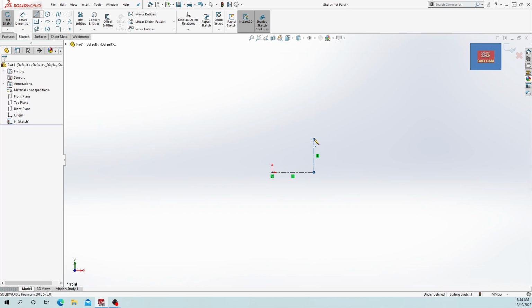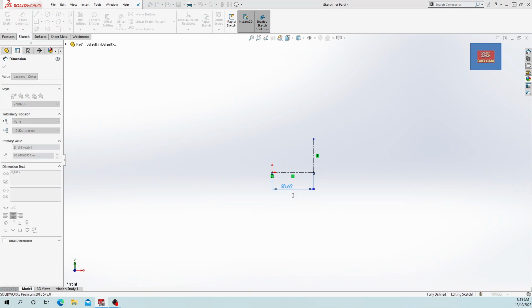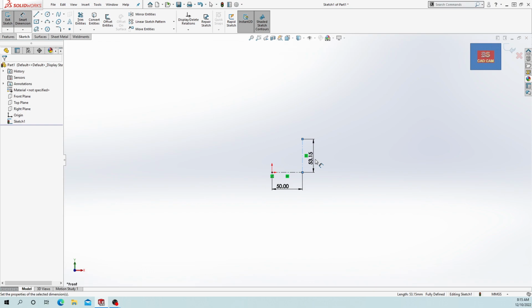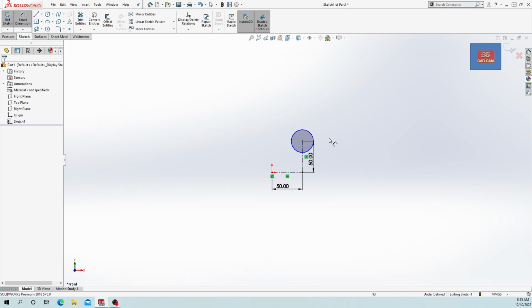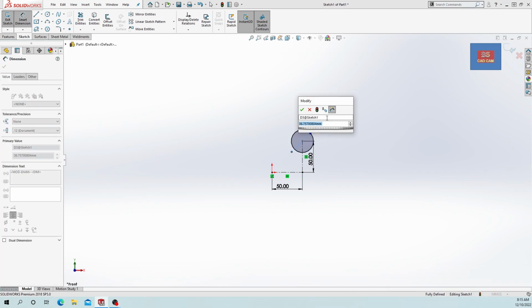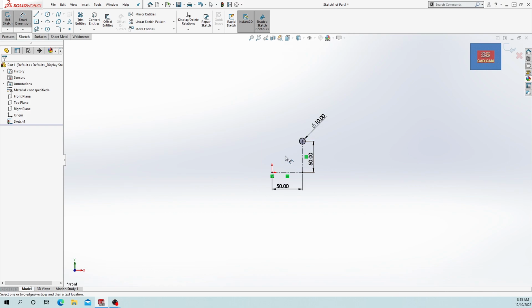Okay, and this is our 50 and this is our 50. We make a hole on this, and this diameter is 10. Okay, we want to make 4, so first we mirror it on this side by the reference of this,